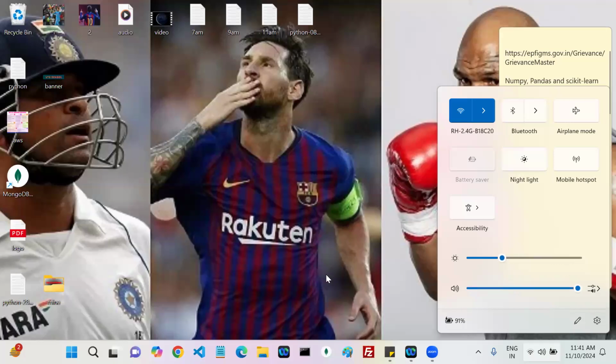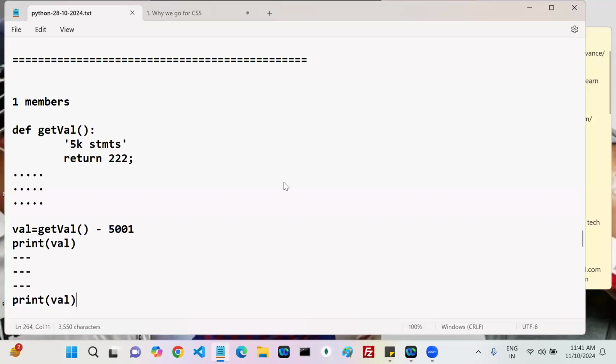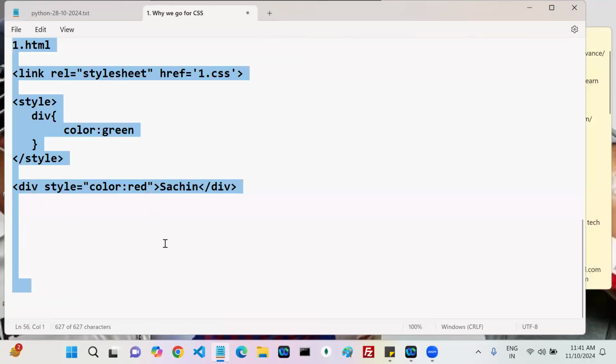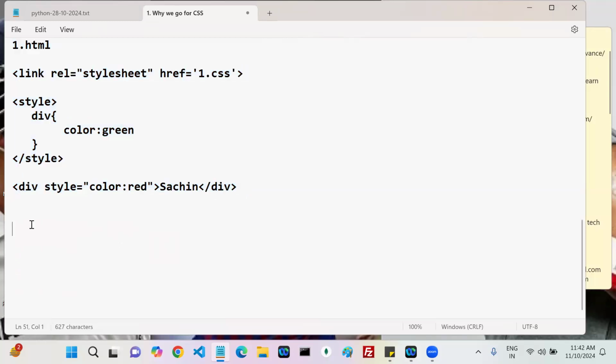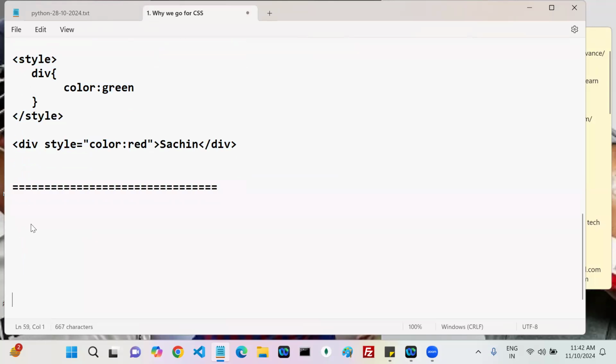Yesterday we discussed how many ways we can apply CSS properties to an element. That one we discussed. So the next level of discussion is